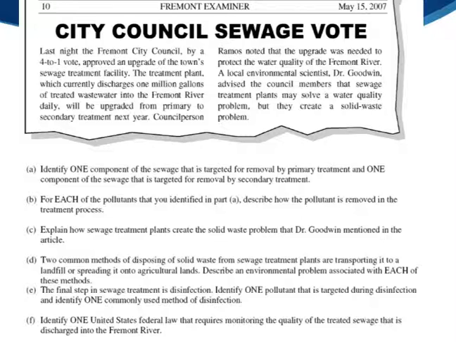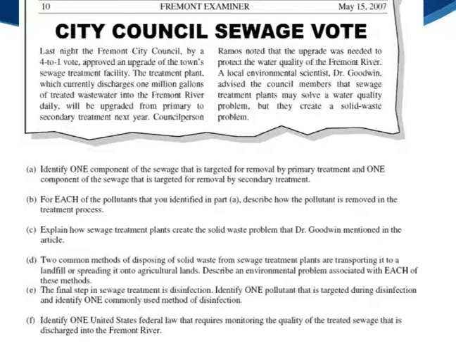Last night, the Fremont City Council, by a 4-to-1 vote, approved an upgrade of the town's sewage treatment facility. The treatment plant, which currently discharges 1 million gallons of treated wastewater into the Fremont River daily, will be upgraded from primary to secondary treatment next year. Councilperson Ramos noted that the upgrade was needed to protect the water quality of the Fremont River. A local environmental scientist, Dr. Goodwin, advised the council members that sewage treatment plants may solve a water quality problem, but they create a solid